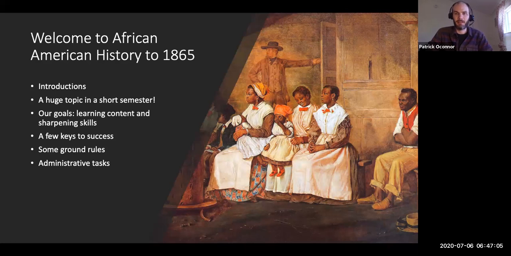Right? In everything that we discuss in this class, we're talking about race. We're talking about racism. We're also going to talk about things like gender and sexuality. These are sensitive topics. Be aware of that. Think carefully about the words that you use in your posts. Choose your words carefully, in other words.